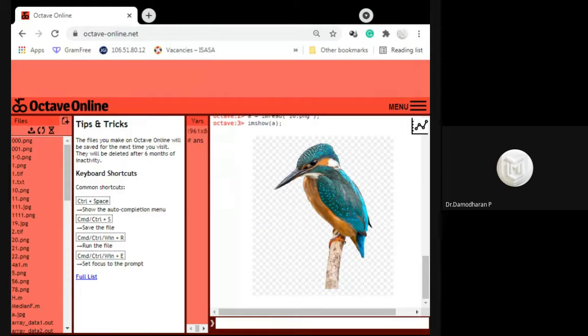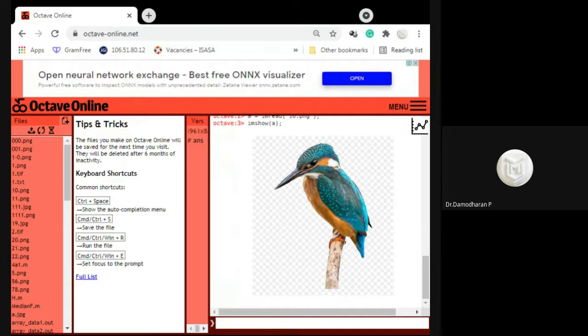It is displayed. To read and display any image, we use the default methods imread and imshow. The imread function is used to read the data, and imshow is used to display the image. imread reads the image and converts it into the matrix format for processing.